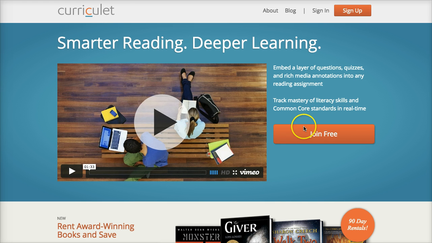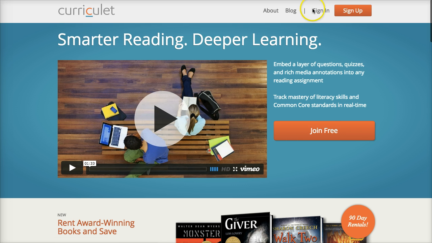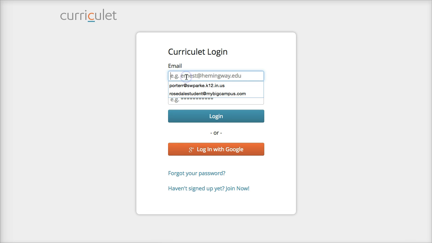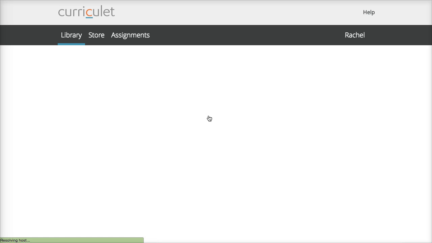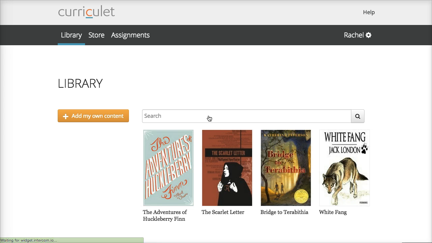You can click this button right here if you go to curriculet.com. You'll click this button to join for free. I've already done that, so let me go to my account. Okay, so when you first log in, it's going to take you directly to your library, and you can just